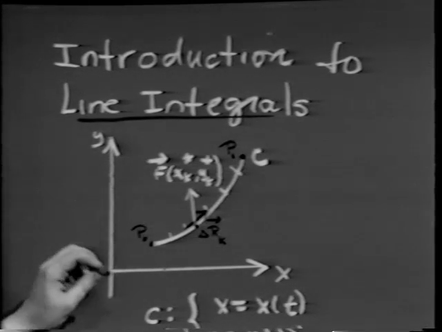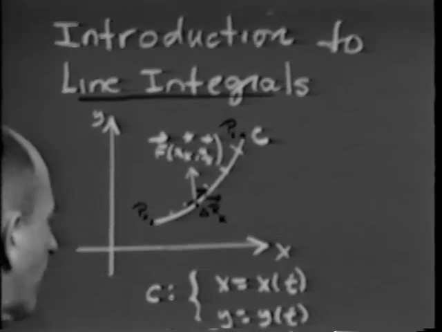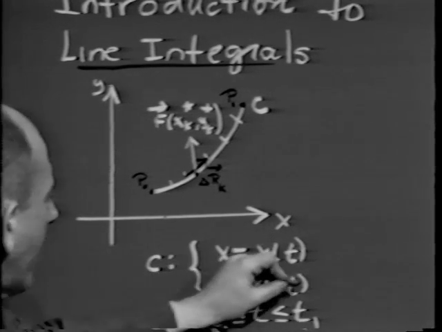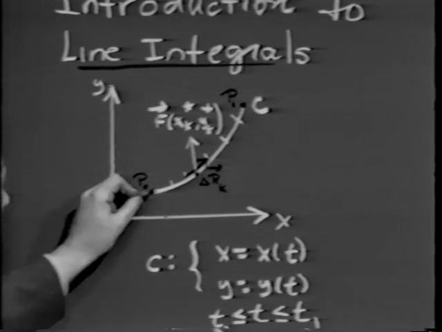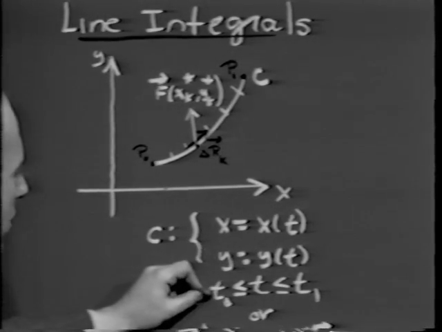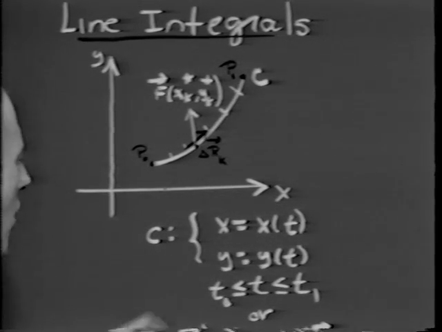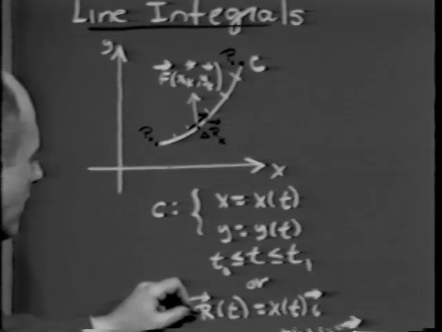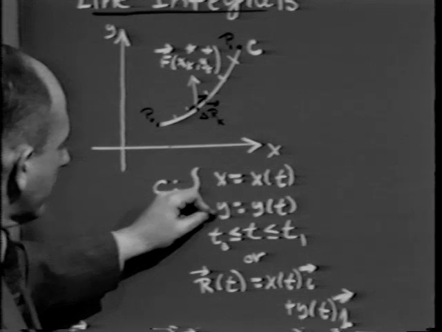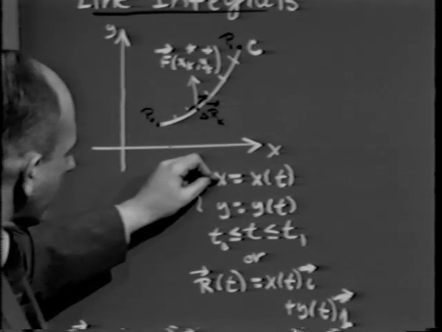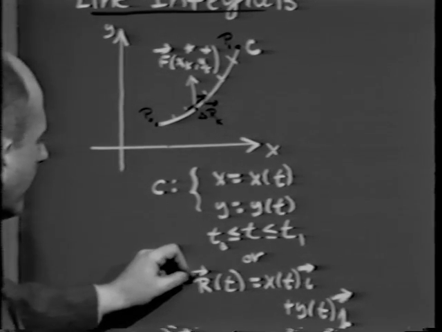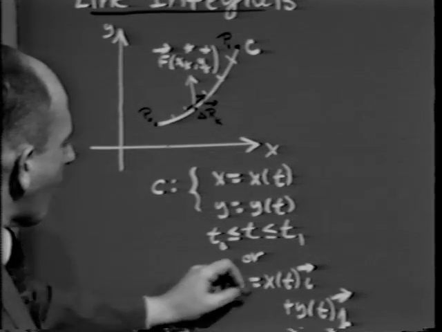Let me assume for the sake of argument that I know the equation of C in parametric form. Let's assume simply that C is given by x as some function of t and y as some function of t. And since I'm going from P0 to P1, t is defined on a specific closed interval. Say t goes from T0 to T1. Or if I want to write the equation of C in vector form, remember in vector form, at least in Cartesian coordinate vector form, the i component is x, the j component is y, so I can write the same equation that the curve is r of t, where r is x of t i